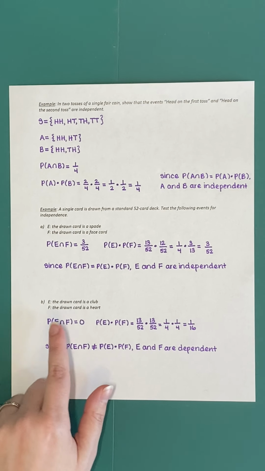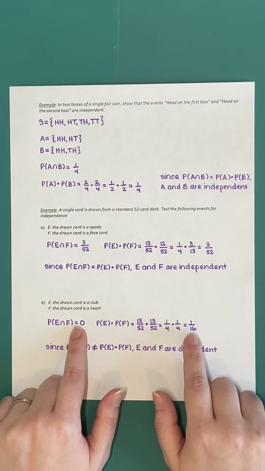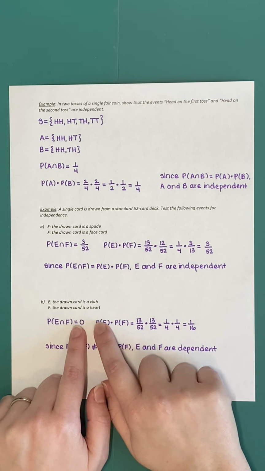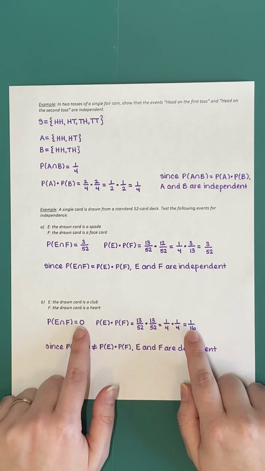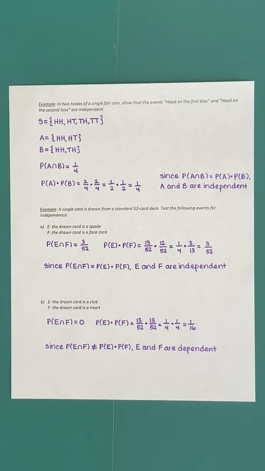So the probability of the intersection is 0. And the product of the probabilities is going to be 1 out of 16. So because these two values are different, because they are not equal, that tells us that our two events are